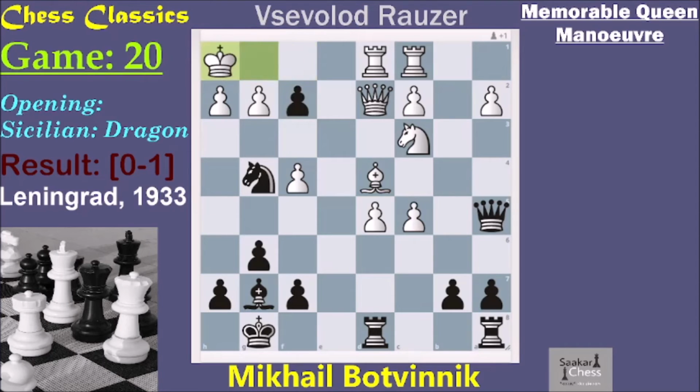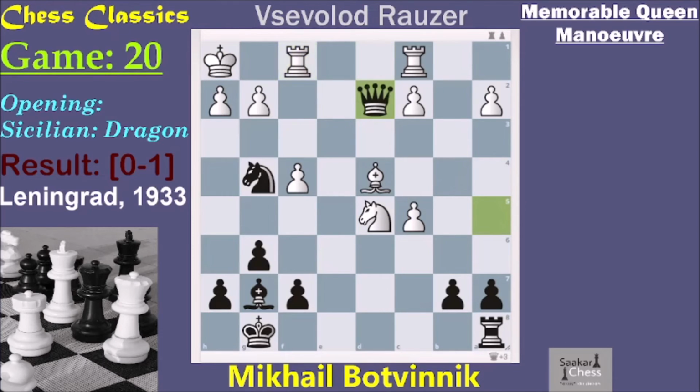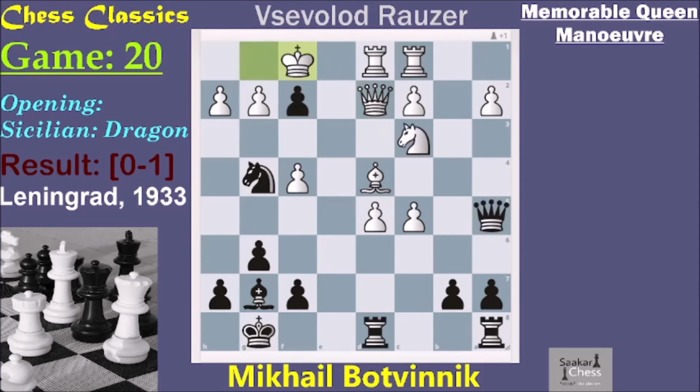Here if king h1, then rook takes d5, nice move. Knight takes d5, f1 equals queen, rook takes f1, and queen takes d2, wins the queen. Hence king f1, queen a6 check, queen e2. Here white has no better replies,